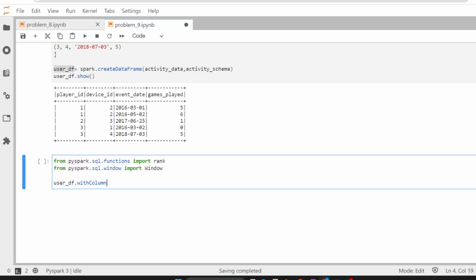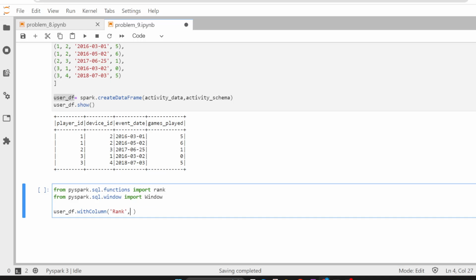Now we have seen multiple times how to use withColumn. Basic syntax is the name of a column, and what is the expression. Now, name of a column, we want to name it as rank. And the expression we want to apply is the Window function, right? So we will use the rank function and we will use Window. I think this should be over. Okay, this should be within over. We want to use Window,